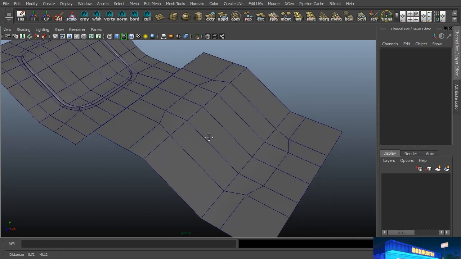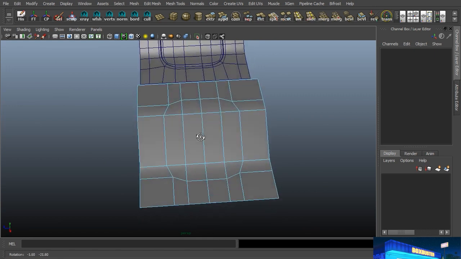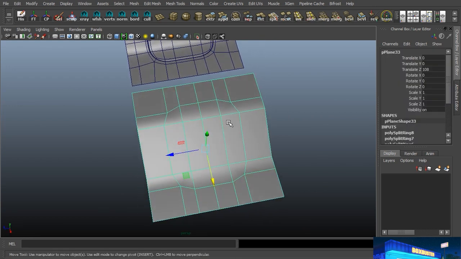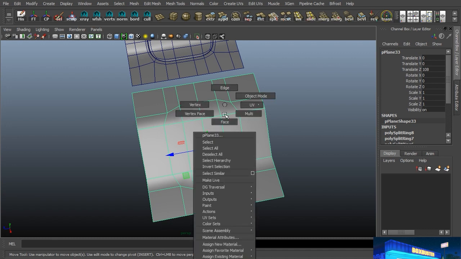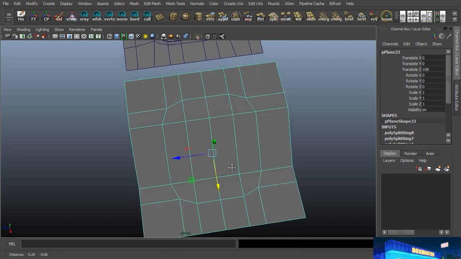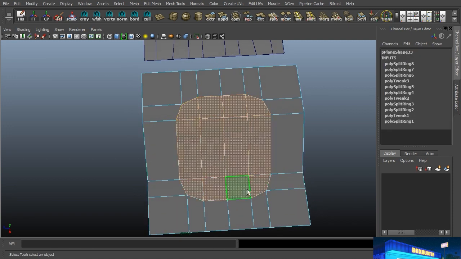And now we'll go in and we'll take all of these faces. I'm going to go ahead and put a Lambert back on this before I do this, just so we don't have to see that highlight. We'll just right click on our object, go to Assign Existing Material, and we'll put the default Lambert on there. Now we can see much better. All right, we're going to grab those faces